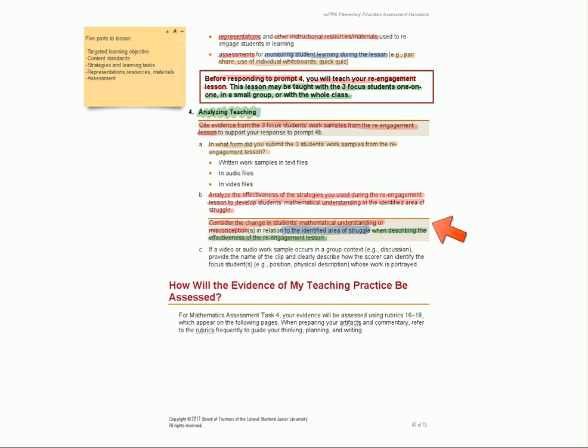Consider the change in students' mathematical understanding or misconceptions in relation to the identified area of struggle when describing the effectiveness of the re-engagement lesson. So your analysis has to be about changes in thinking, changes in mathematical thinking for your 3 focus students. And then C,